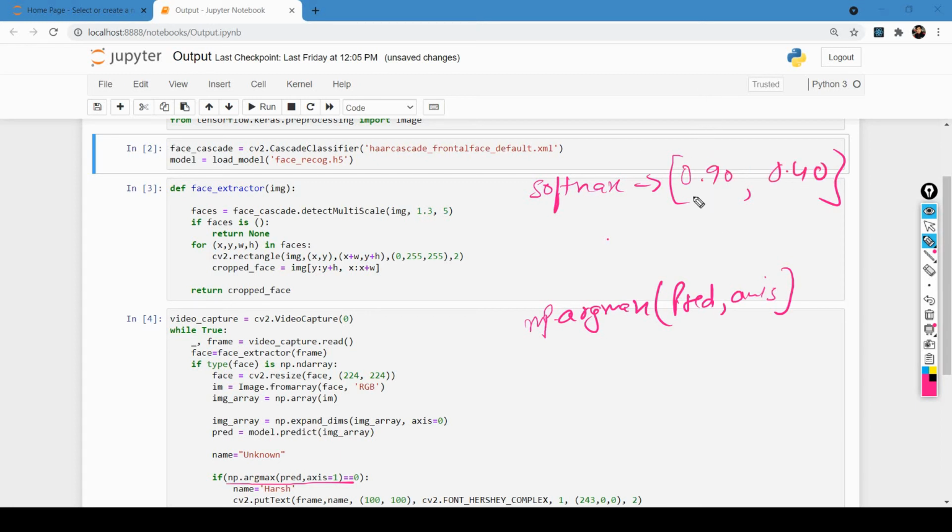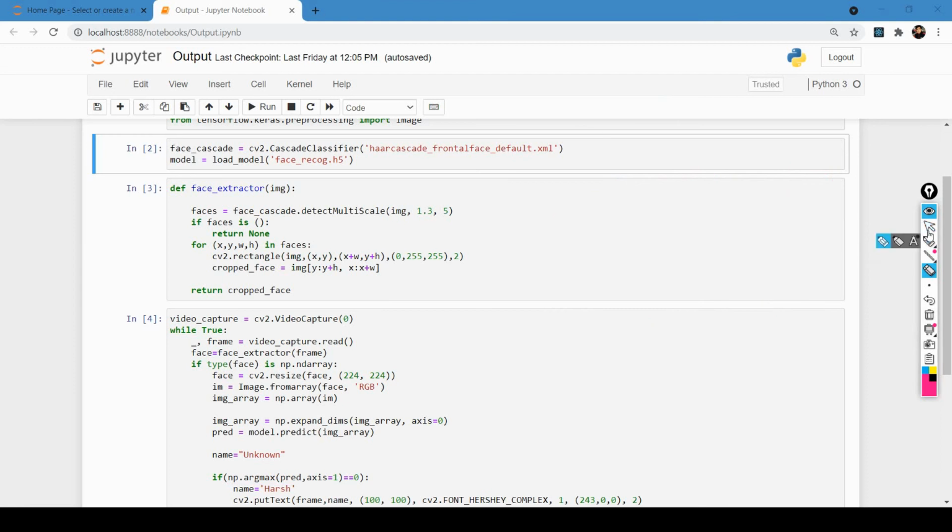If you remember, we have first folder Harsh, second folder we have Jia. So it will first see the maximum value, and wherever we have the maximum value, it will give me the index of that. Suppose in that case we have a high value of 0.90. So what is the index of that? 0, right? Because in Python our index always starts from 0.